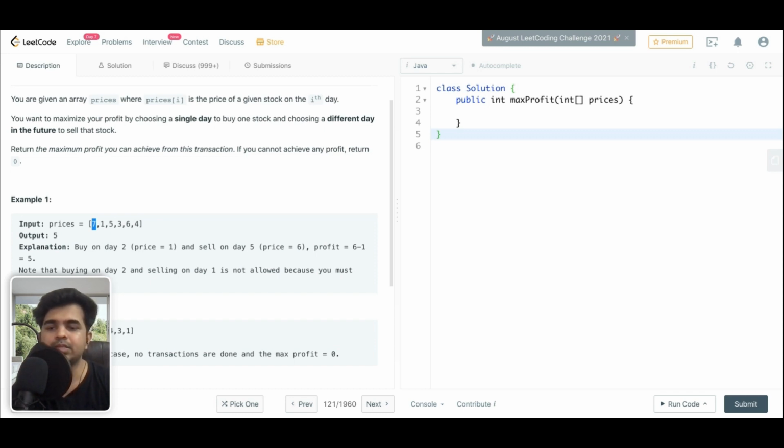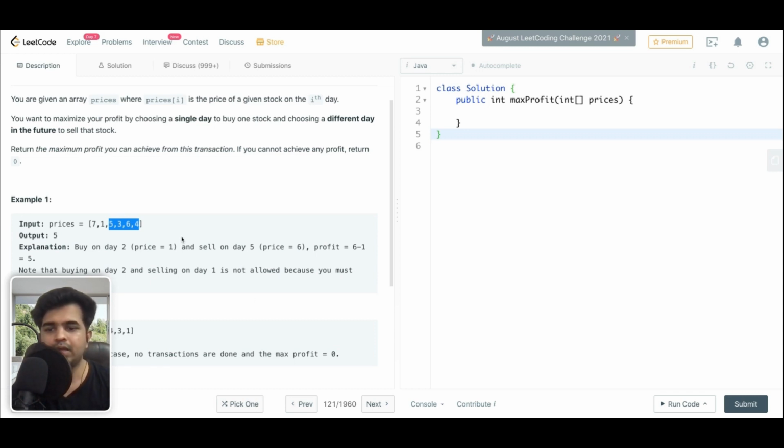So we pick a number, subtract everything to the right, and keep a max profit variable, basically using two loops. For 7 we calculate all the profits, for 1 we calculate all the profits, and at the end whatever is the max profit is our answer. We do not have to return the index, we just need to return the maximum profit. The complexity of this algorithm is n square, but we can do it in n.